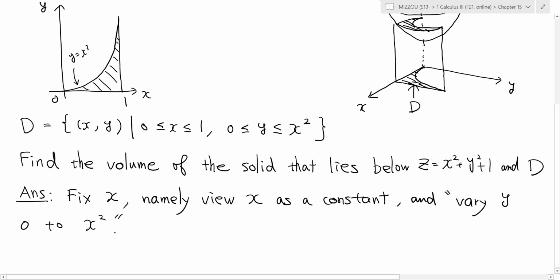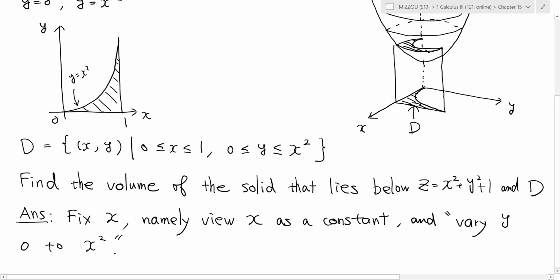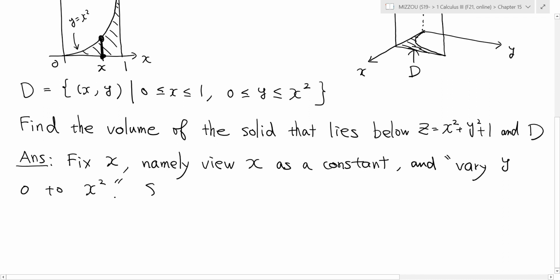Or in other words, more pictorially, what I'm doing here is this. We just fix x somewhere between 0 and 1. We fix x, and then we vary the y value, and that would be from 0 to this parabola x squared for each x. So therefore, we get